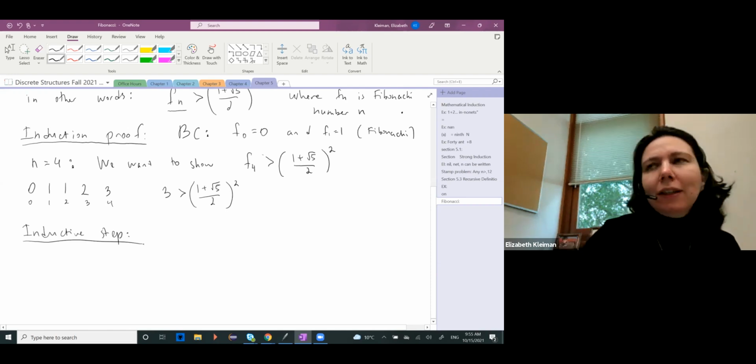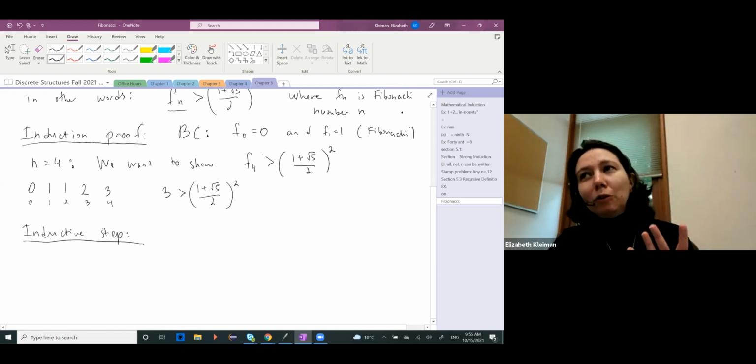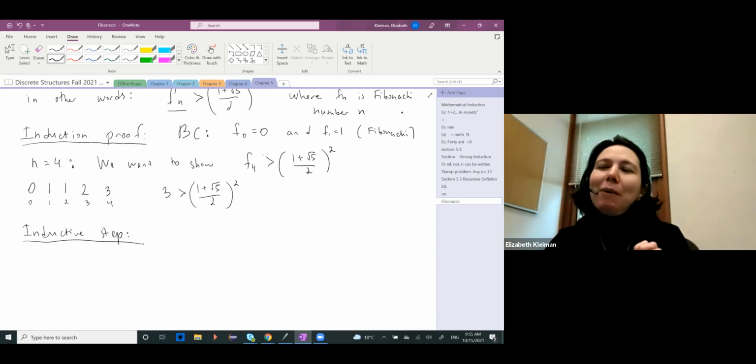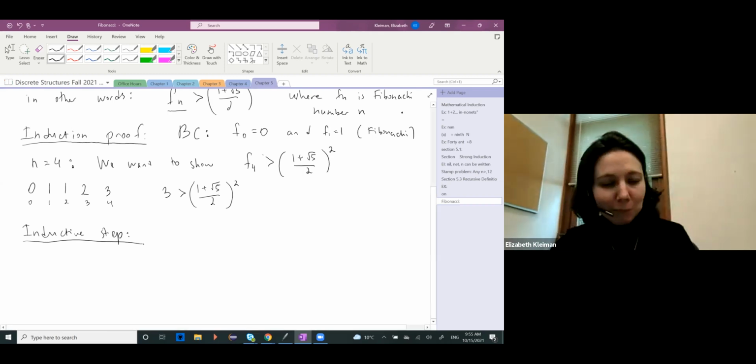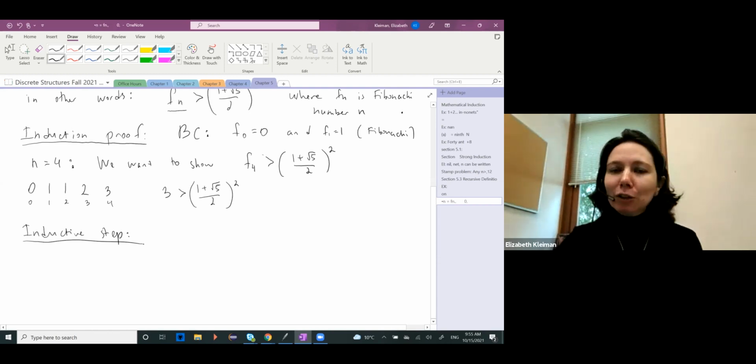Now, this is not a type of proof I'm going to require you to know how to do. It has Fibonacci numbers and a couple of tricks, but it's a cool proof to see because it's a tricky proof and it has some interesting properties. Plus, Fibonacci numbers are extremely important. We use the golden ratio all the time. I don't know if you knew it, but